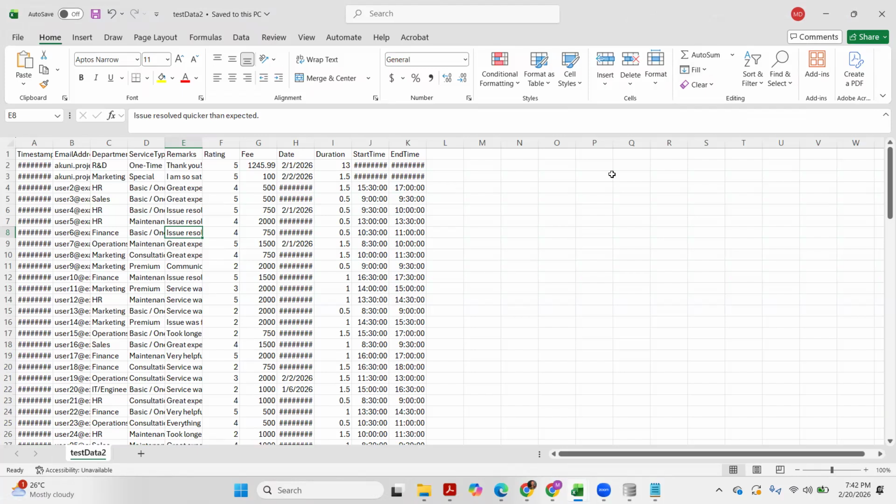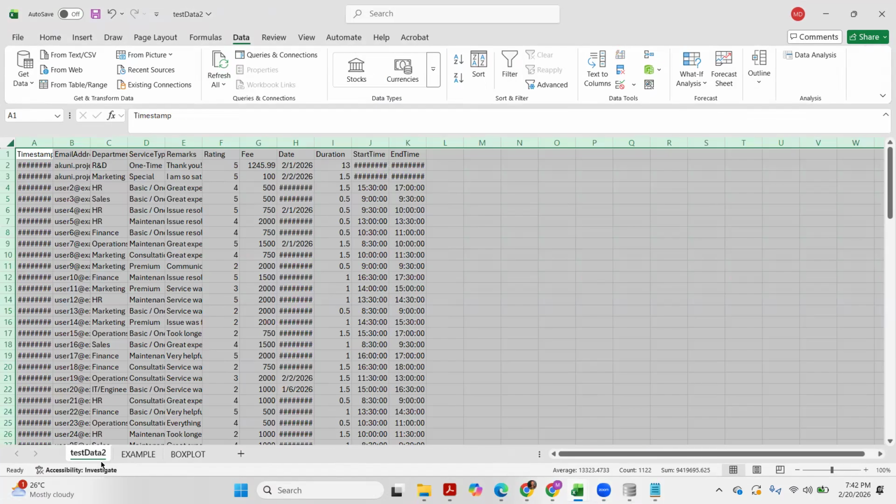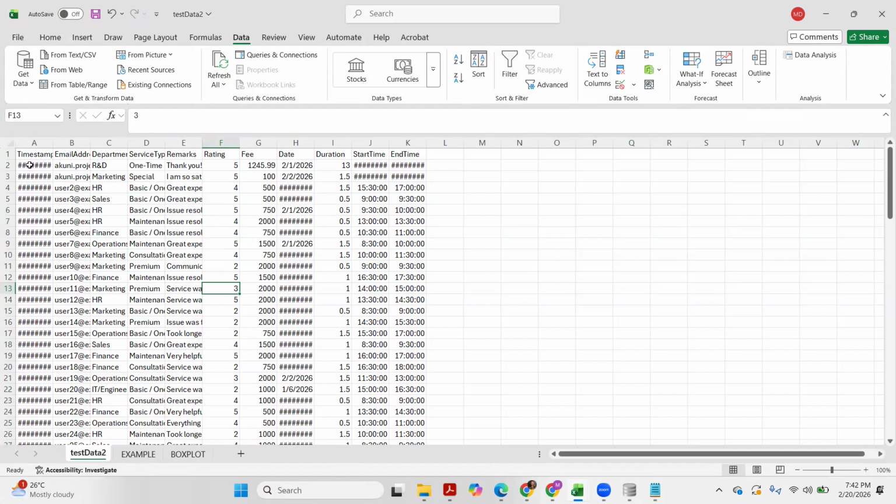Once I save this as an Excel file, it will become like this. Now you want to do some formatting and organizing before we perform some basic data analysis techniques.